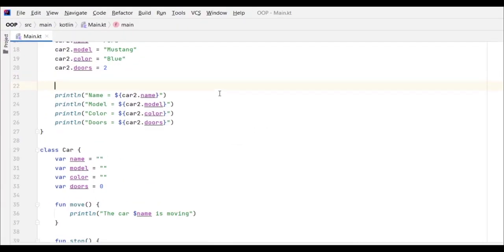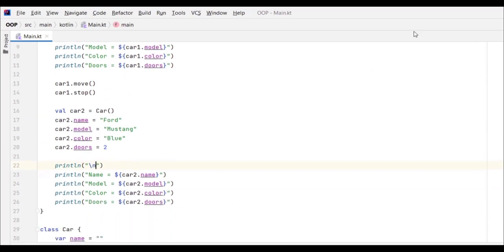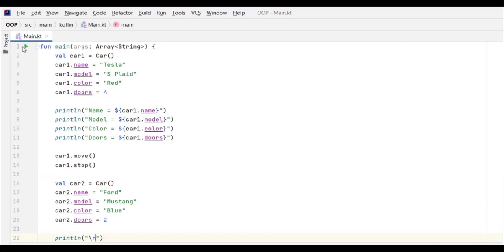But let's add a space here to make clear that this is the output for the second object, to make things more clear. And to add a space, we put here a println statement. We put quotation marks, and we put a backslash n, and this is gonna add a space between our println statements. So it's gonna add a space between those statements and those. So now if you run this code,